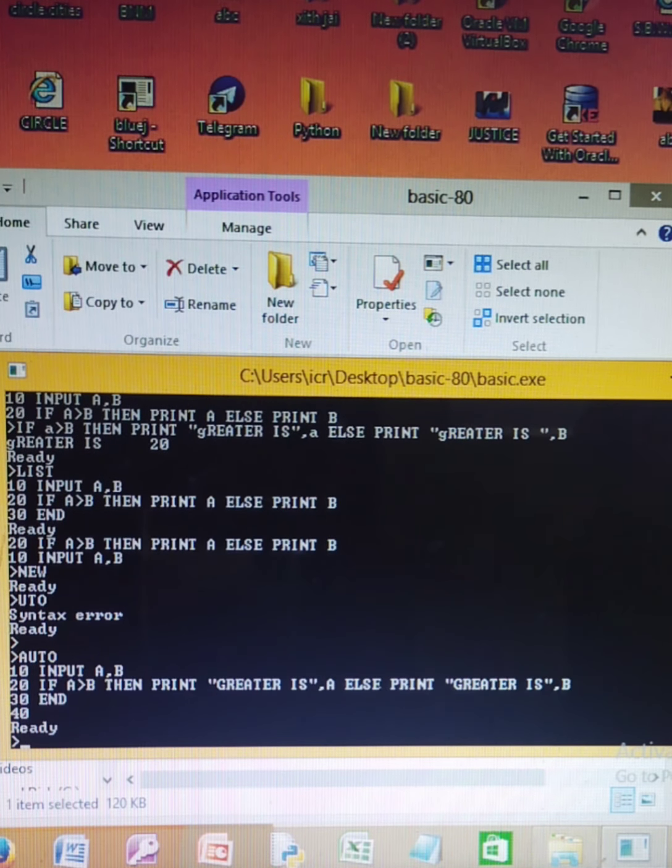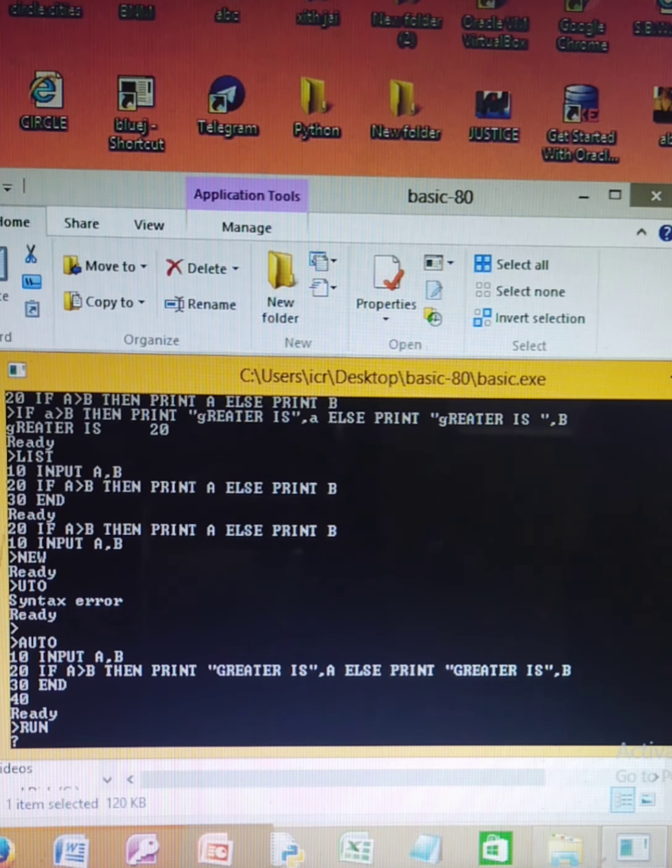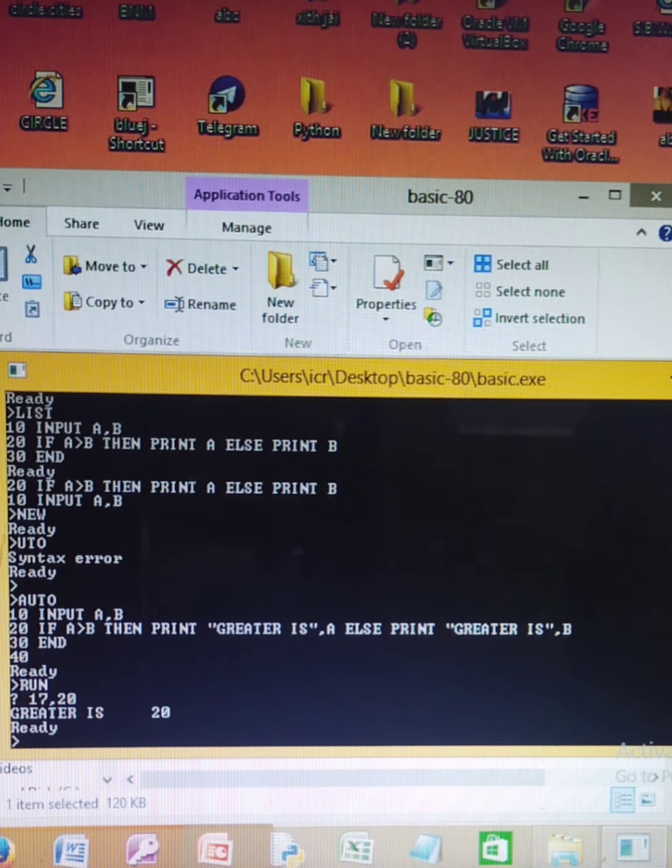So if I press Ctrl C and I run the program and I am giving again the same numbers 17 comma 20, I get the answer greater is 20.